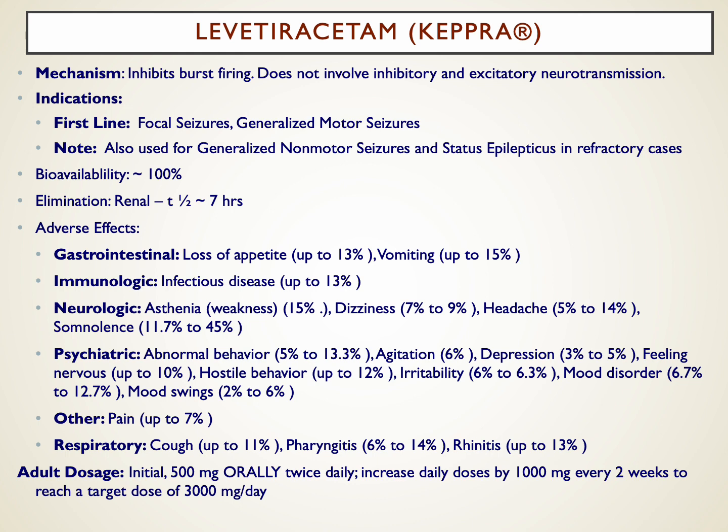Levetiracetam, or Keppra, is also a pretty commonly used agent, at least in acute care. I'm seeing this agent as more commonly used for generalized motor seizures in situations with a sort of new onset seizure activity. And its advantage is that it is available both orally, and there's an IV formulation now available as well. And so it's a first-line agent for focal or generalized motor seizures. It can be used for generalized non-motor seizures and even status epilepticus in refractory cases.